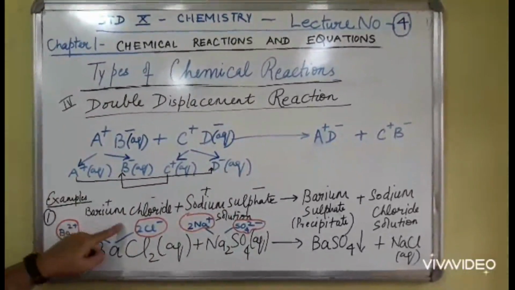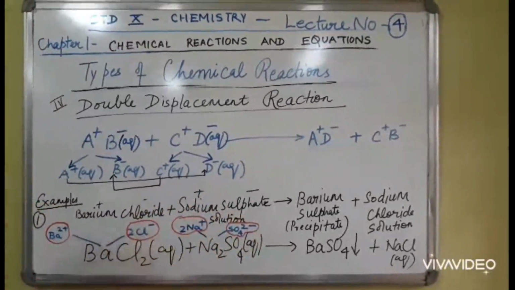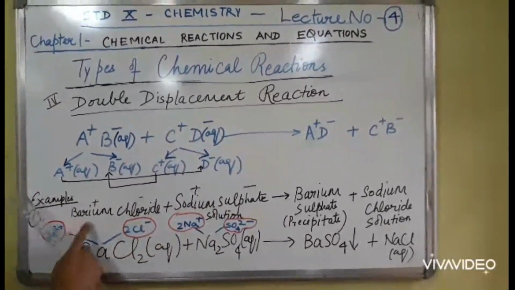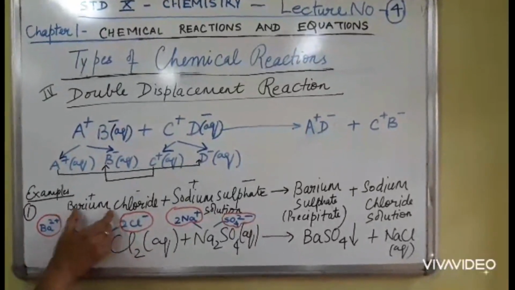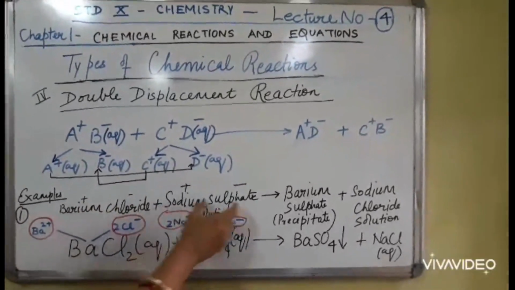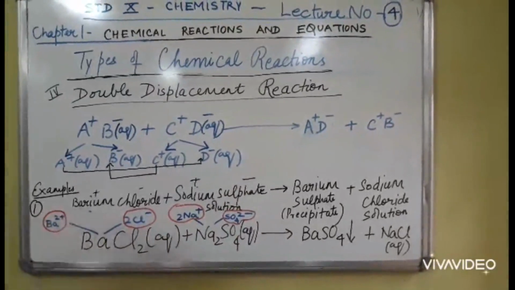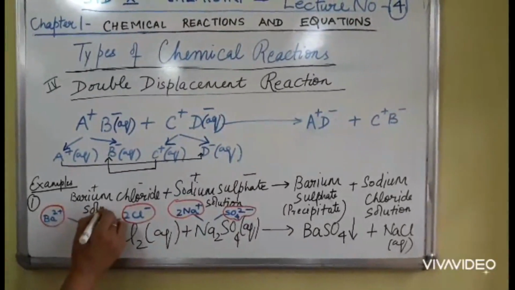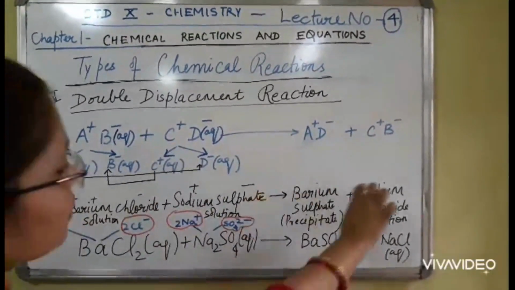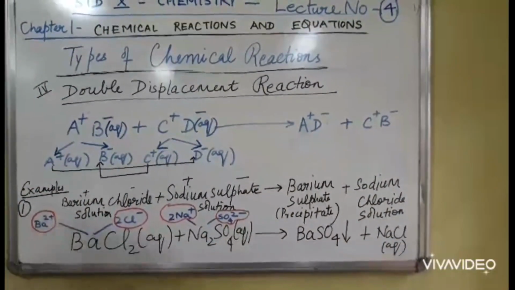Now example, barium chloride and sodium sulfate. Both of them are salts which are soluble in water, and once they are soluble in water, they will produce ions. Barium chloride. Can you see barium plus, chloride minus, left hand side plus, right hand side minus? Sodium sulfate solution. Both of them are soluble in water. Barium chloride will also form a solution and sodium sulfate will also form a solution. I have written there, this is called the word equation, and below here, this is called the balanced chemical equation.